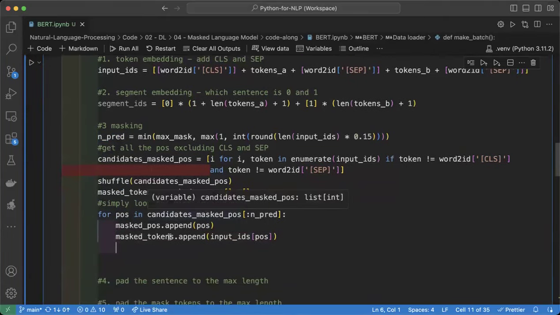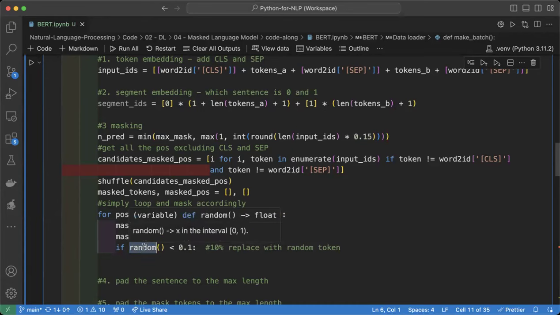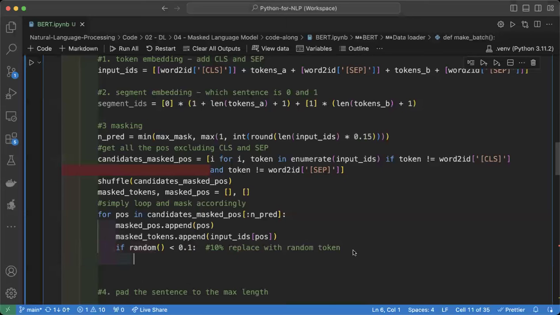But we haven't actually perturbed the real sentences yet, right? So what we're gonna do is, if random is less than 0.1, so this is basically 10% replaced with a random token. This random call returns a number between 0 and 1, so there's a 10% probability. In this 15% of tokens that we select, we will simply replace with any random token. So we can retrieve any random token